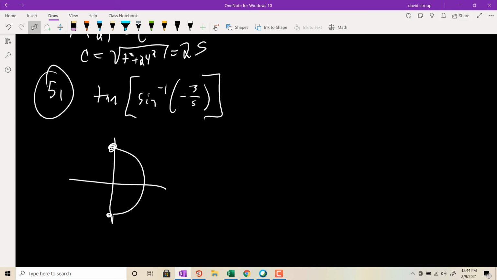The input here is a ratio of sides of a right triangle, so it's going to be opposite over hypotenuse. That thing is negative, so it's got to be in this fourth quadrant down here. So let me draw my triangle, and here's my angle that I'm working with. It's a right triangle. The opposite side from that angle then is